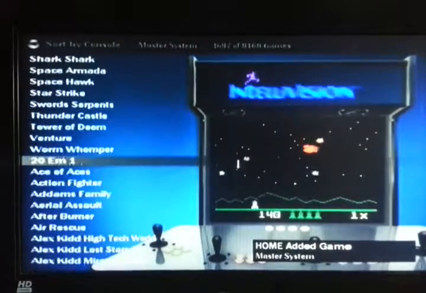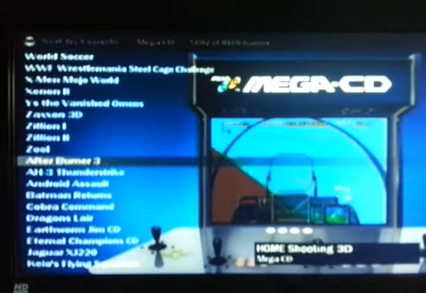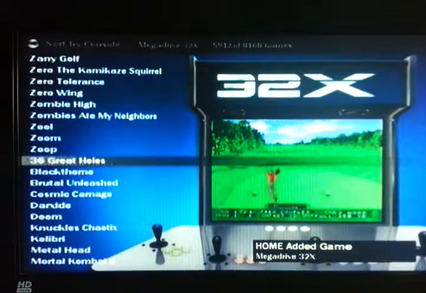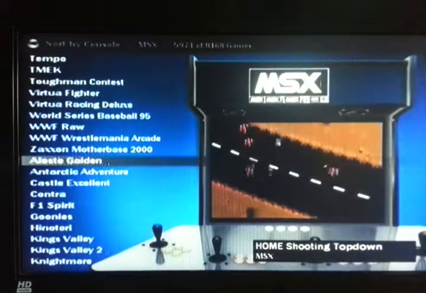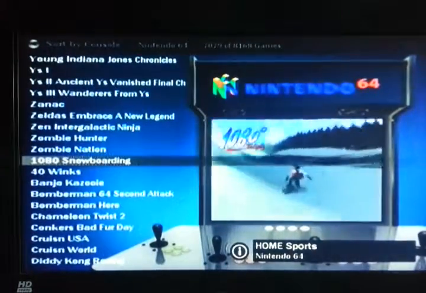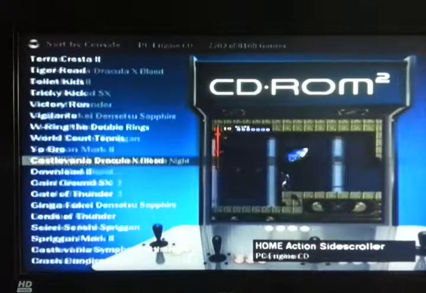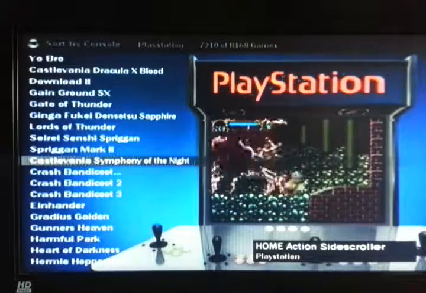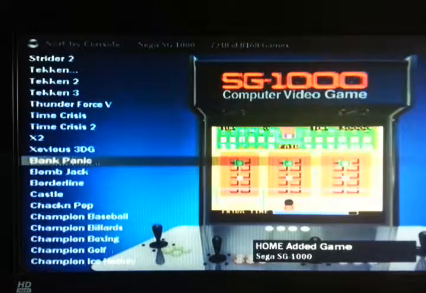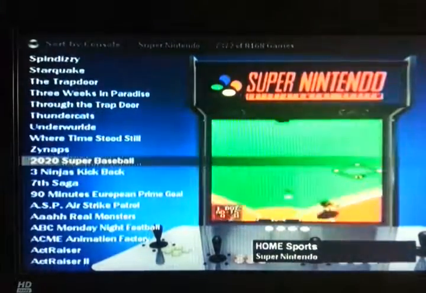Moving on to the Intellivision, we've then got the Sega Master System, the Sega Mega CD, the Sega Mega Drive, the Sega Mega Drive 32X, the MSX system, the Nintendo Entertainment System, the Nintendo 64, PC Engine CD-ROM, the Sony PlayStation original, well, Generation 1, and then we've got the Sega SG-1000, the Sinclair ZX Spectrum, the Super Nintendo,